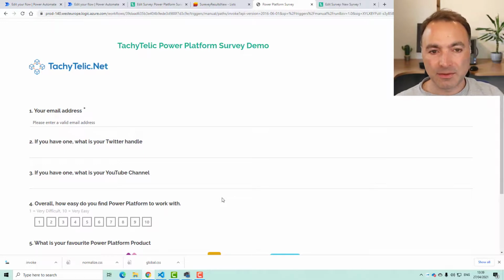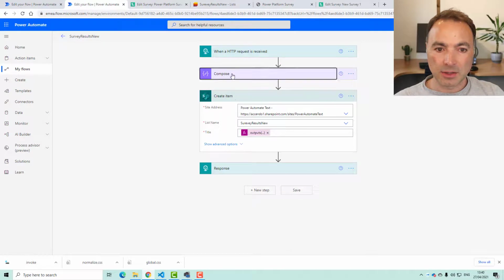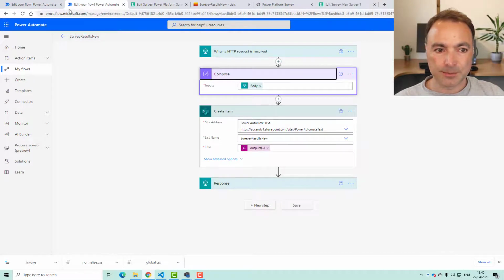And so you can see how easy that is to do. And in the next video, I'm going to show you how you can generate a HTML table on the basis of what has been put into here. But the other nice thing, so you could serve this without Power Automate, but you need Power Automate for the receiving of the data. But if you did serve this via Power Automate, there are other things you could do with it in this compose action.